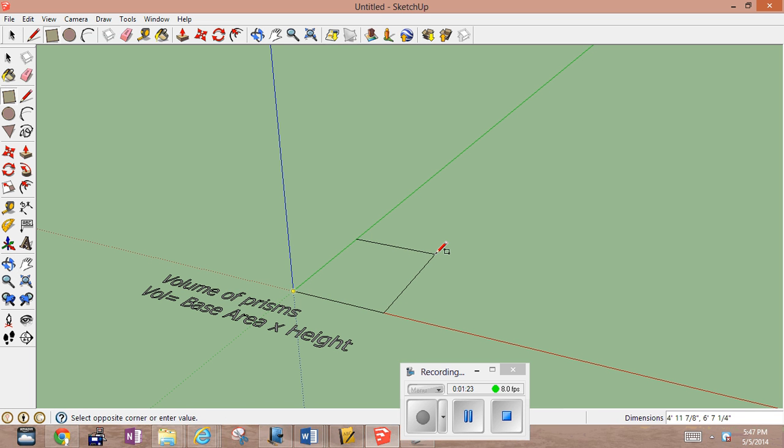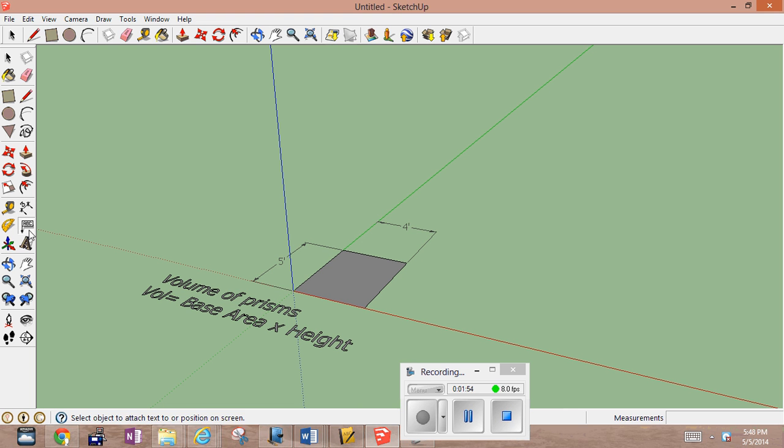4 feet by 4 feet by 5 feet. Well, again, 4 feet, comma 5 feet, and enter, and there it is. Okay, I got my dimension tool over here. There's my 5-foot length. There's my 4-foot length. So I know my base area is 20. Okay, and I'm going to put over here